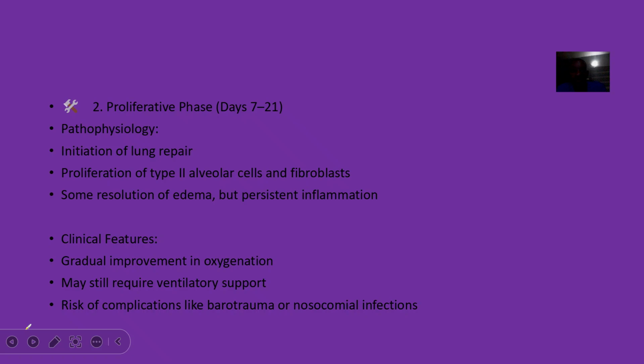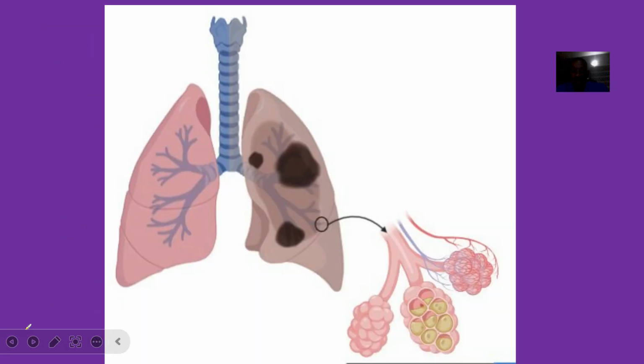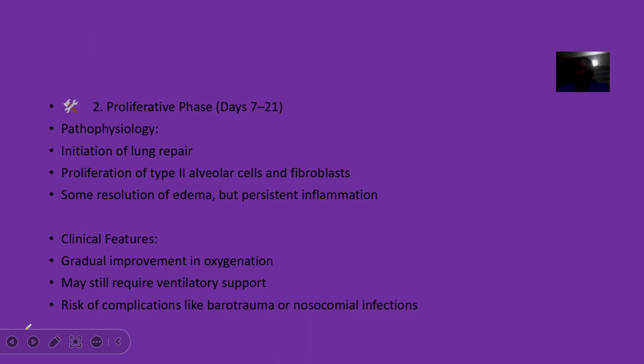Okay. The proliferative phase, this one now, there's initiation of lung repair. The body is trying to respond to the issue coming in. So there's proliferation of type 2 alveolar cells and fibroblasts. Okay, some edema gets resolved, okay, but the inflammation continues. Okay, so there's gradual improvement in the person being able to breathe, but may still require ventilatory support. There's risk of complications like barotrauma, or if they are aiding you to breathe, you can now contract some infections